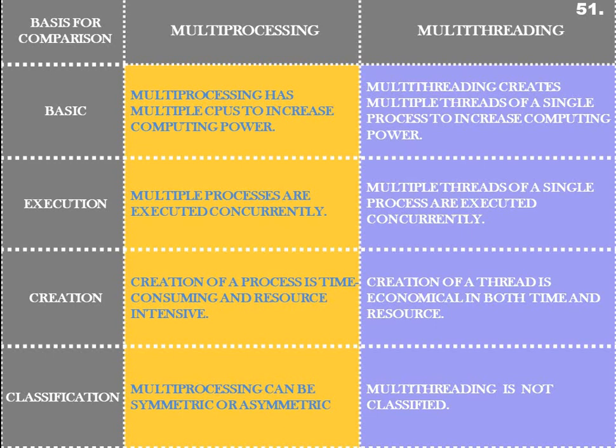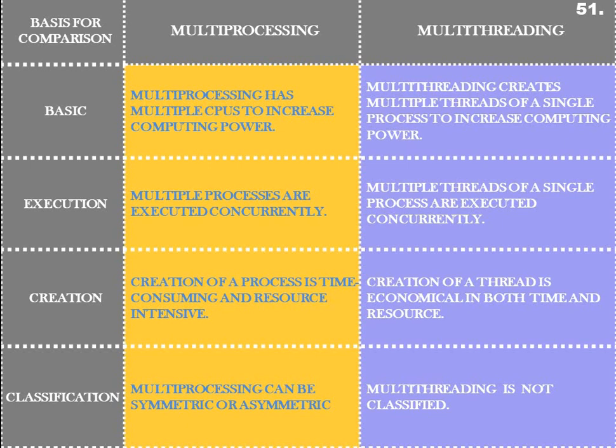So in multithreading, multiple threads of a single process are executed concurrently. In multiprocessing, multiple processes are executed by multiple CPUs, while in multithreading, multiple threads of a single process are executed at the same time by the CPU. In multiprocessing,